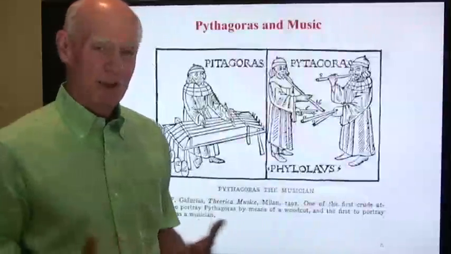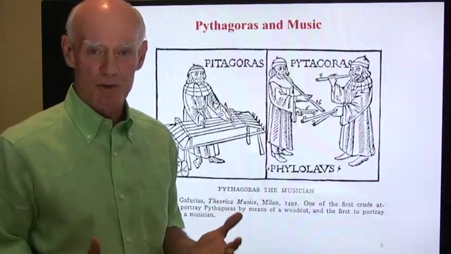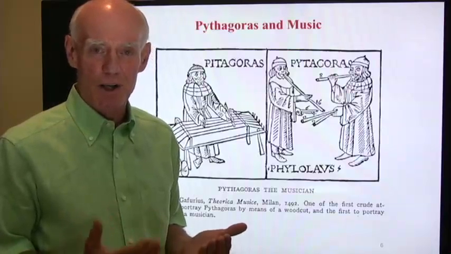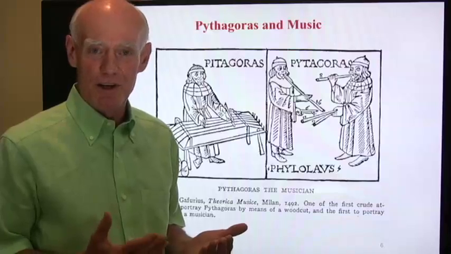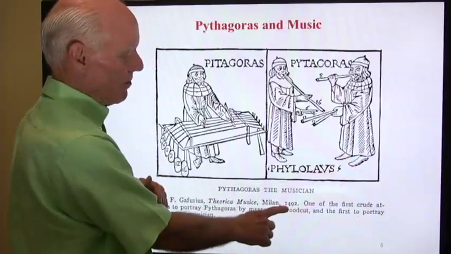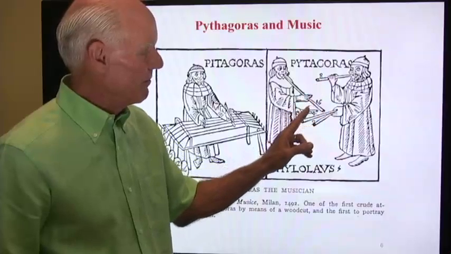Well, what is he explaining? Well, it turns out that the Pythagoreans were the first people to notice the relationship between notes on a musical scale and ratios of simple whole numbers, like 1 to 1, 2 to 1, 2 to 3, 4 to 5, things like that. So here's a woodcut from the year 1492 that shows Pythagoras here with a bunch of different